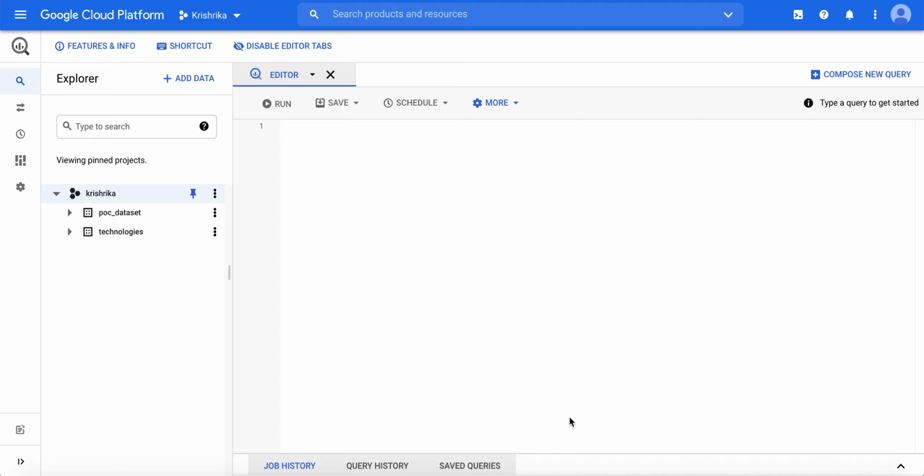Hello everyone. Today we will see how to create a table which has nested fields and repeated fields. When I say nested, it's kind of a structure, and in BigQuery it is called record fields, which means that sometimes the fields are composite fields which contain fields inside the fields.